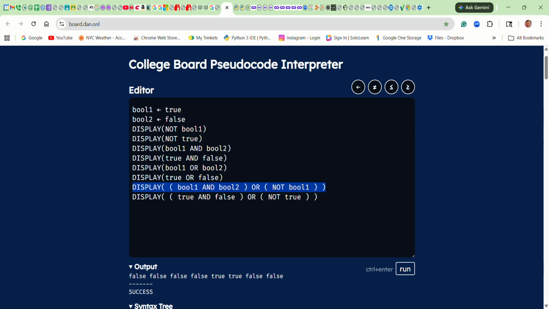We can have longer Boolean expressions. So we have bool 1 and bool 2. Well, we already have it here, and we know that results in a false. Even though bool 1 is true, because bool 2 is false, the AND results in a false. Okay? So if we replace bool 1 and bool 2 with their Boolean values, then it would look like true